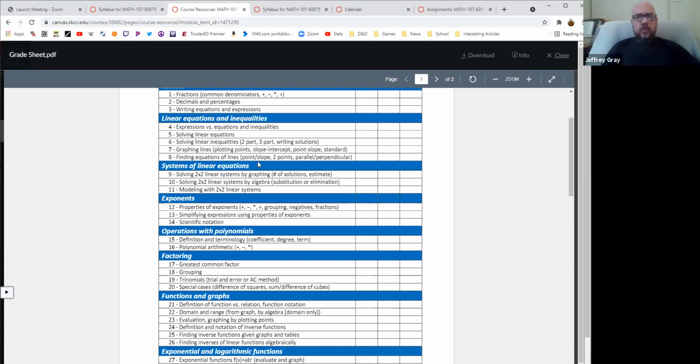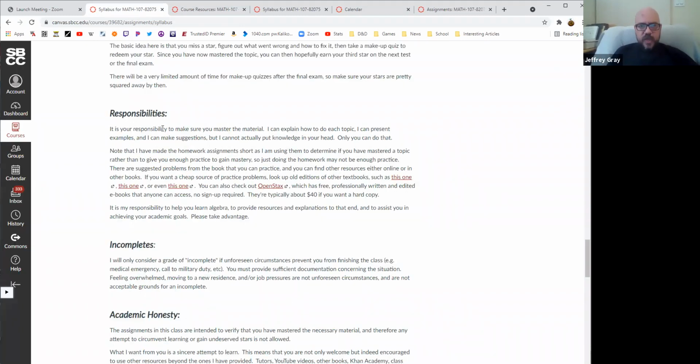I would, in general, recommend getting a 3rd star. Like if you have some time to get a 3rd star on the second test, then by all means go ahead and do it. But it's not required. One of the things that is a huge advantage of mastery grading